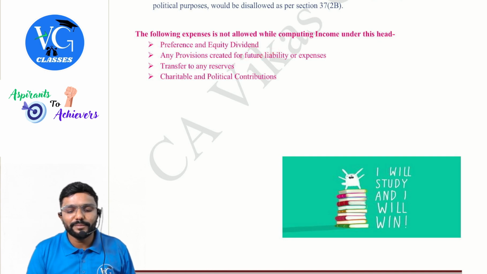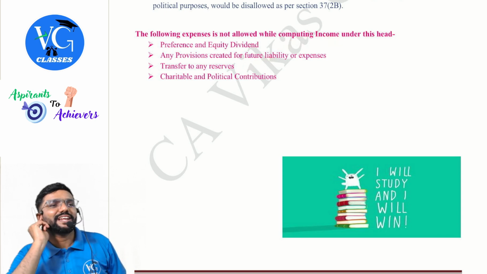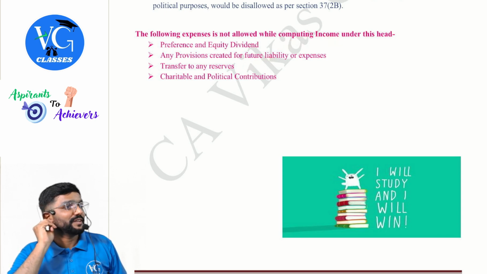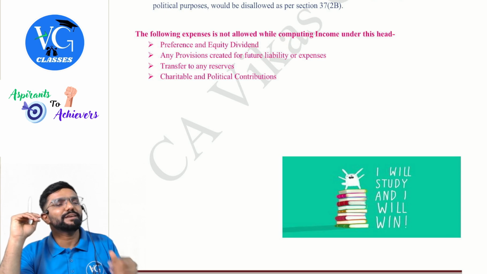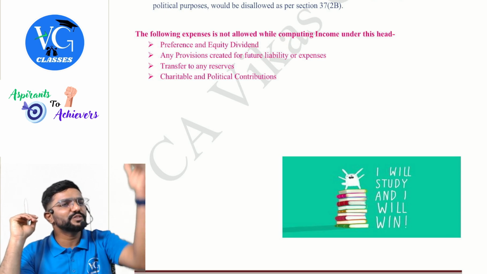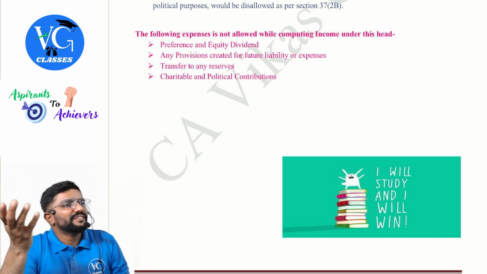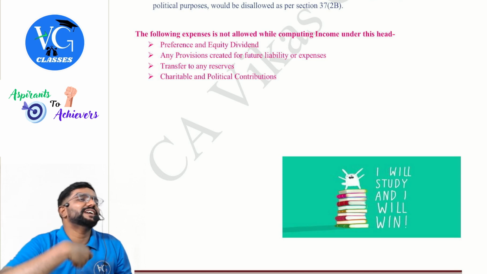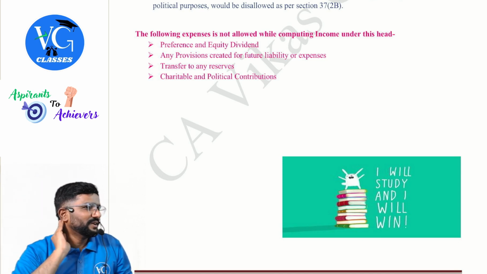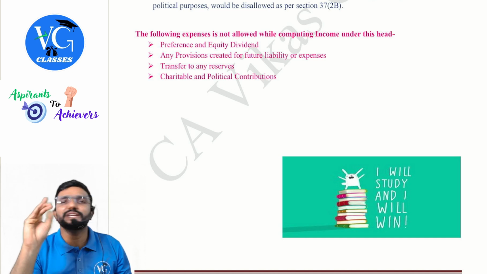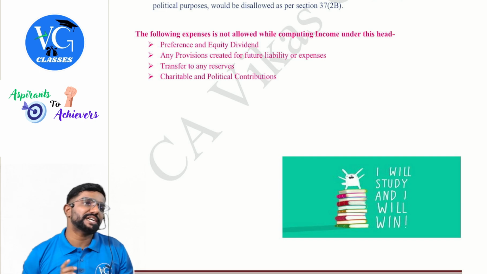So guys, especially the first and third items, you would have taken care of in your P&L appropriation account, if you remember. What are those? Appropriation of profit. In income tax, they are very clear. You earn so much profit, pay tax on it. After that, what you do, we don't care. Whether you transfer it to reserve, whether you declare the dividend, it is left to you, sir. Pay tax and do whatever you want. So dividends and amounts transferred to any reserves are not allowed as expenditure under income tax